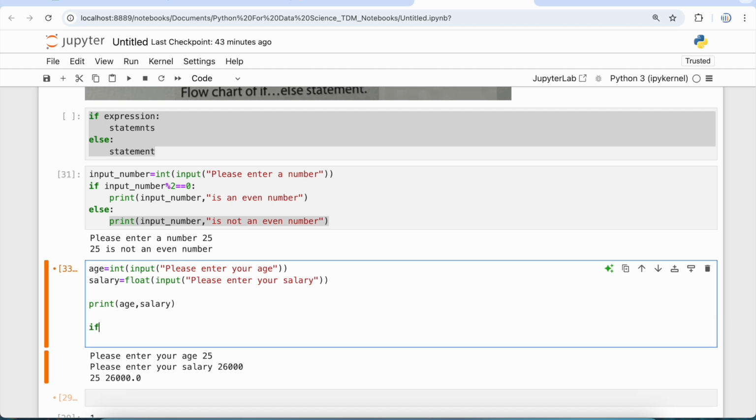So I'll simply write an if statement saying that if age is greater than 18, then we have to check if the person's salary is greater than 25,000 or not. I can write another if condition also, but it's better to write the condition in a single if statement. So I'm using this AND operator, and then I'm saying check if age is greater than 18 and salary is greater than 25,000. Then print